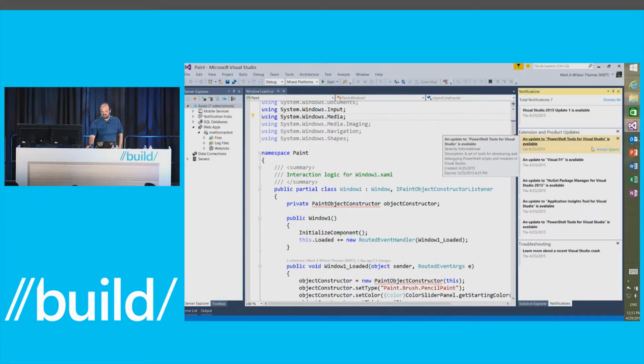And you'll see a couple of things here. Firstly, we've introduced some categorization. You can see that there's a category, extensions and product updates, and a category here that's a tentative one we're thinking about around troubleshooting. So another benefit of signing in, by the way, is that when you sign in, it